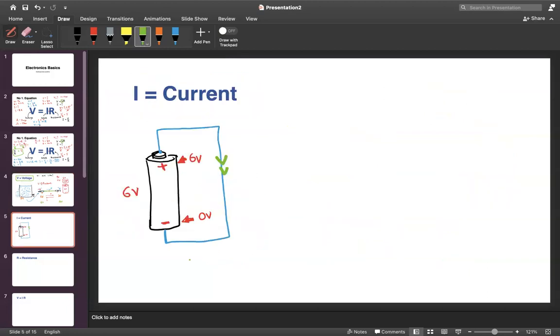So this is what's happening inside of a battery. This is 0. And let's say that in some way, I don't know how, the voltage here is now 3 volts. Does the current flow in the same way if this is 3 volts? Usually it doesn't happen like this in batteries, but if here it is 3 volts and here it is 6 volts, there's current flowing this way.